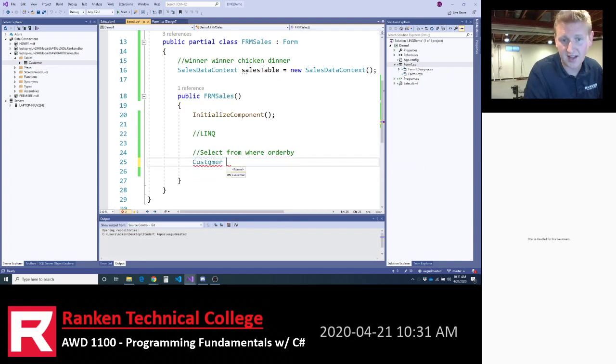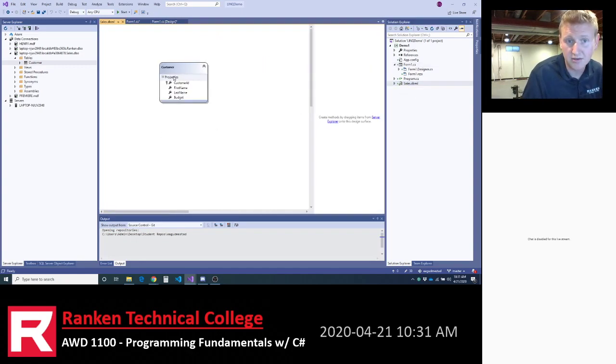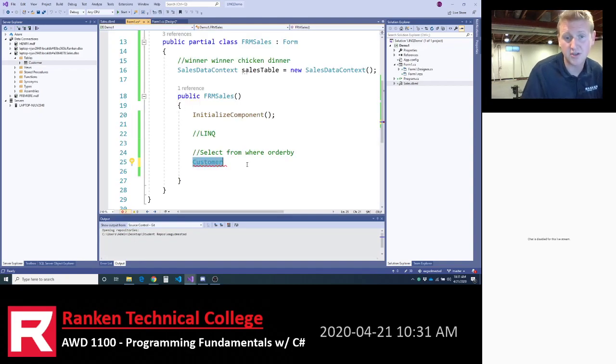Getting my classes crossed. So we now have the customer data type because we put it into our file. So it does recognize customer. So I could store this in customer, but pretty commonly you store LINQ results in a var. So I'm just going to say, okay, var results equals sales table